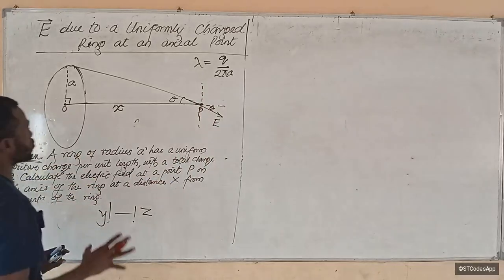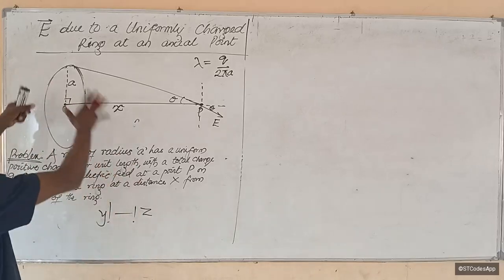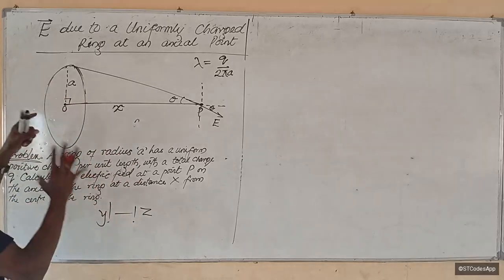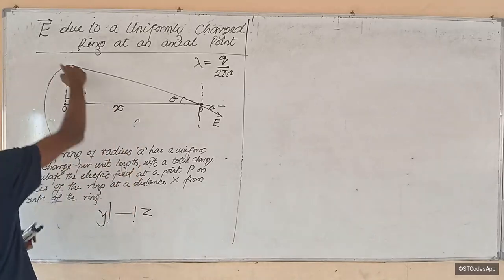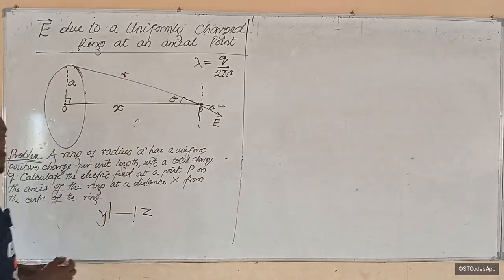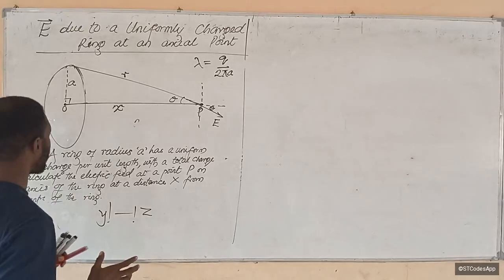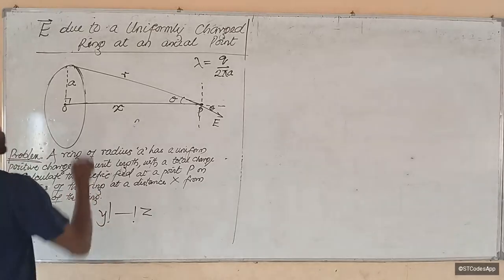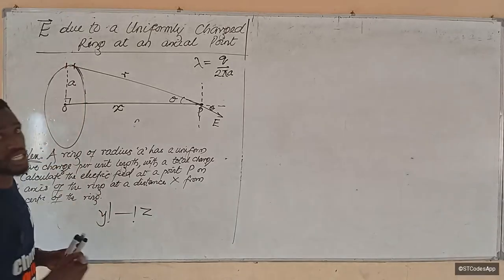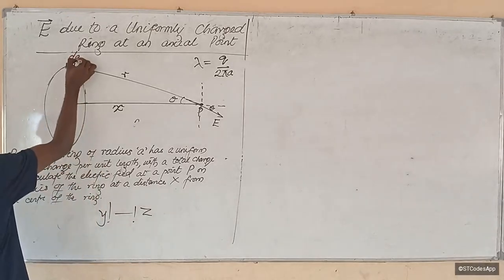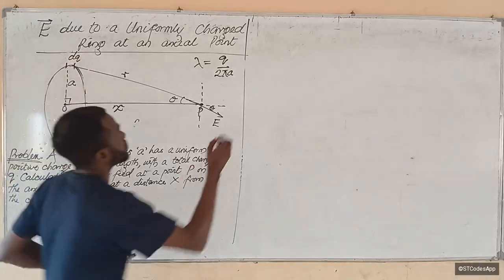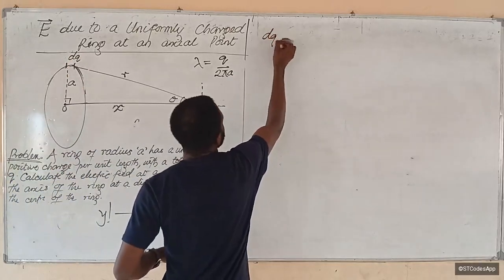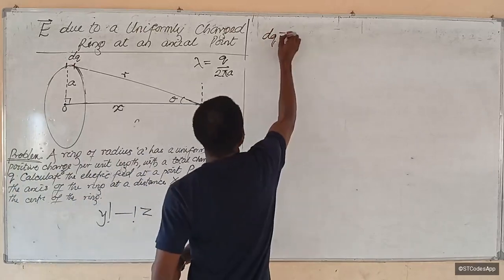Okay, so the first thing to do is to set up the system. And we have set it up according to this question. It has been set up for us. So the distance from here to here, we'll call it R, okay? Now, if that's the case, then the next thing to do is to parameterize a small element of charge here. Let's call it dq. So our dq there is our small element. dq is given by,